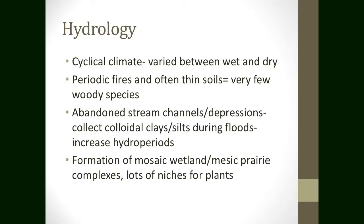And for the most part, these prairies were, let's see what they call that. Well, I think we'll talk about that in a second. And the thing that's also cool about this area is especially the Lissy Formation, since it's a little bit